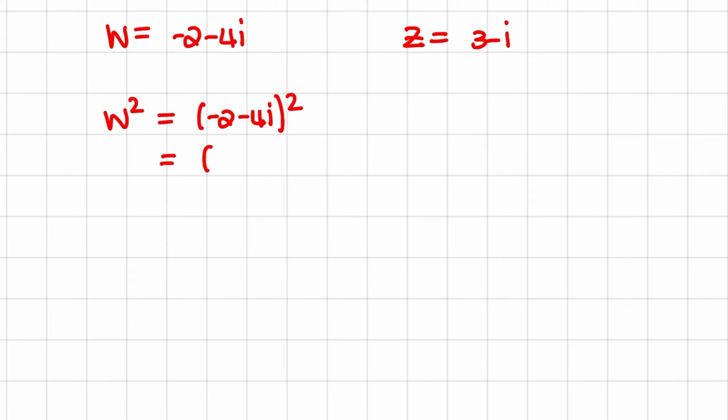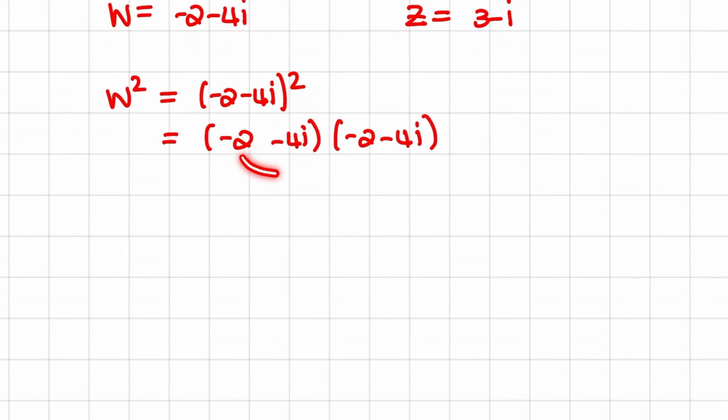What I recommend you do is to expand the bracket as negative 2 minus 4i times negative 2 minus 4i. Now you expand that expression as you would do normally. So you multiply out each term in the first set of brackets with every term in the second set of brackets. So when you expand, you have 4 plus 8i plus 8i plus 16i squared, where i squared is equal